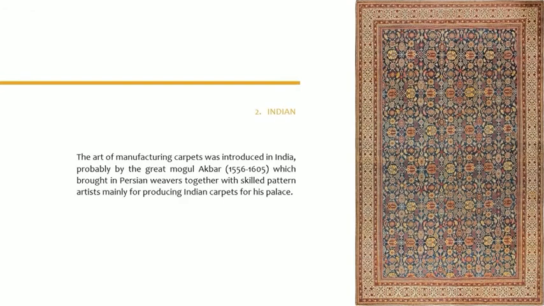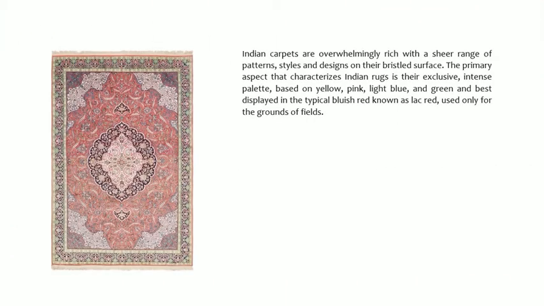Indian. The art of manufacturing carpets was introduced in India, probably by the great Mughal Akbar, who brought in Persian weavers together with skilled pattern artists, mainly for producing Indian carpets for his palace. Indian carpets are overwhelmingly rich, with a sheer range of patterns, styles, and designs on their bristle surface. The primary aspect that characterizes Indian rugs is their exclusive, intense palette based on yellow, pink, light blue, and green,